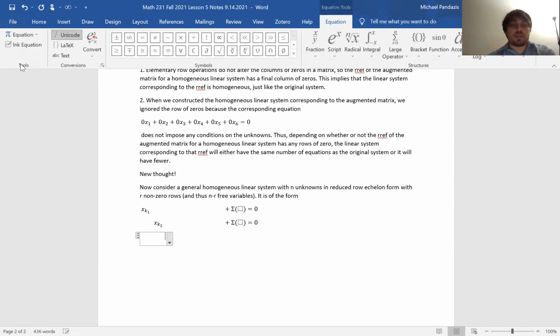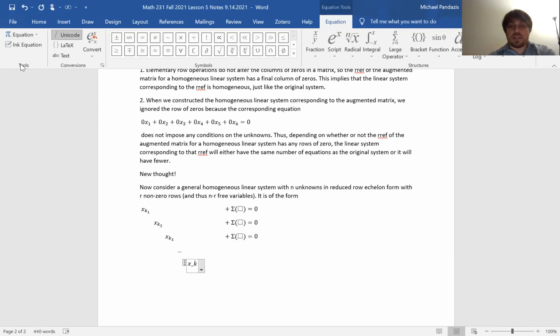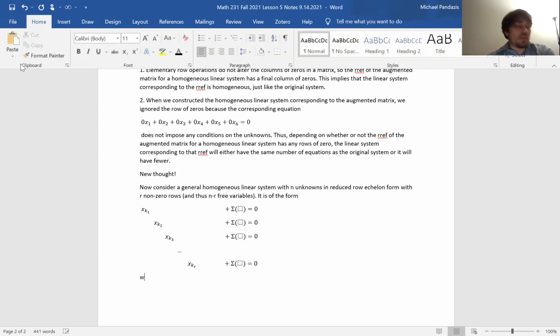The next one is x sub k sub 3 plus sigma parentheses equals 0. And then you continue this process, dot, dot, dot, and then it continues to x sub k sub r plus sigma parentheses equals 0,